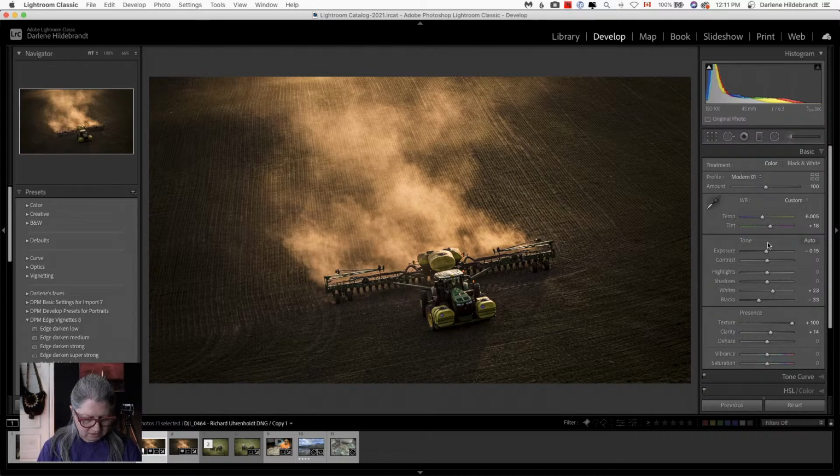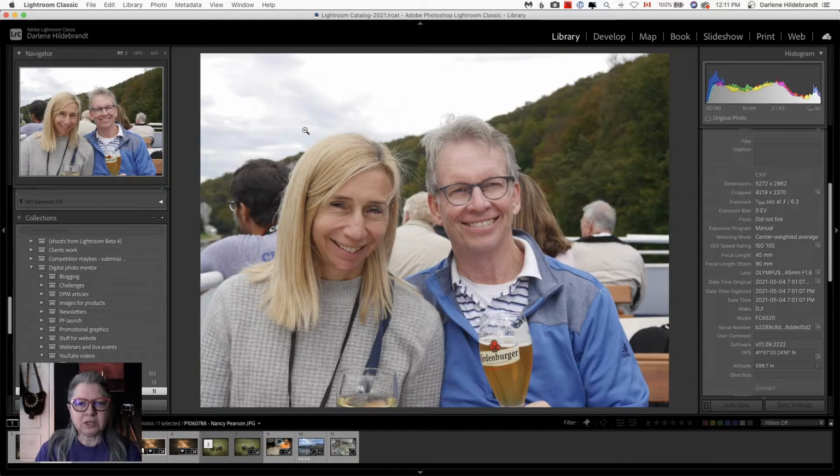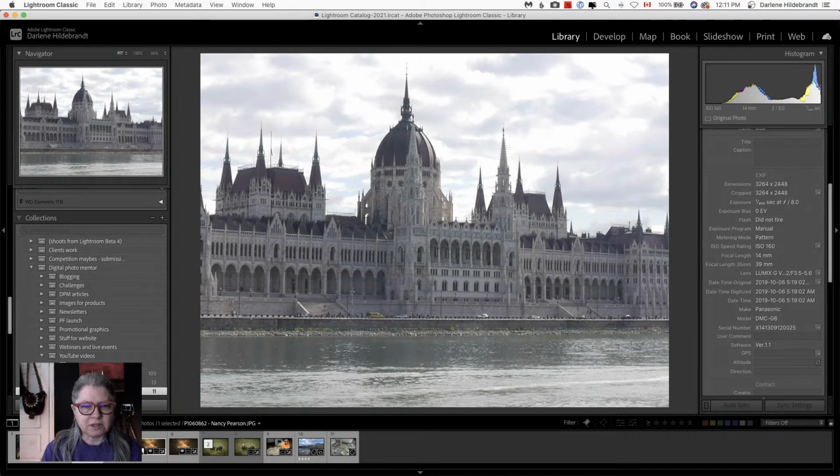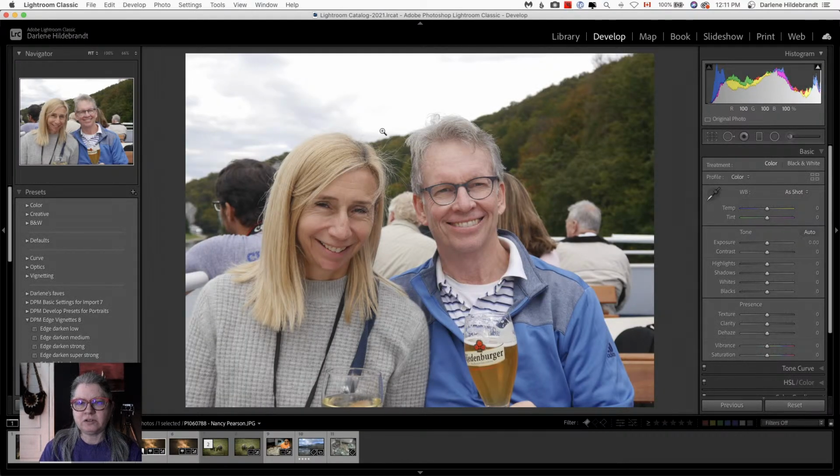Okay, let's go back to these. Now I've got another one. I tried to pick a variety of images today because there was lots of landscapes and things. So I wanted to do a few that were different. I've got a couple images from Nancy, and I wanted to try and work on this one. Now this is a JPEG as well as this one. So I wanted to give you a couple ideas that what we can do here and what the limitations of